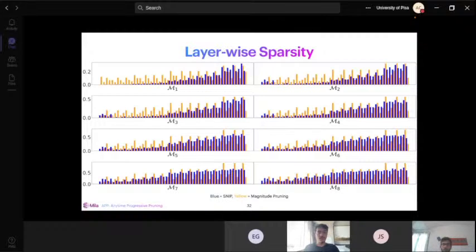For SNP, rather, it builds up from the later layers and then spreads out towards the initial layers, and is much more robust to the length of the sequence as compared to magnitude pruning, which is also why, even though if you look at the table and see the results, the magnitude pruning might be very close in terms of performance to that of SNP, we still by default rely on SNP because of its ability to adaptively prune layers which are rather more redundant at initial stages.